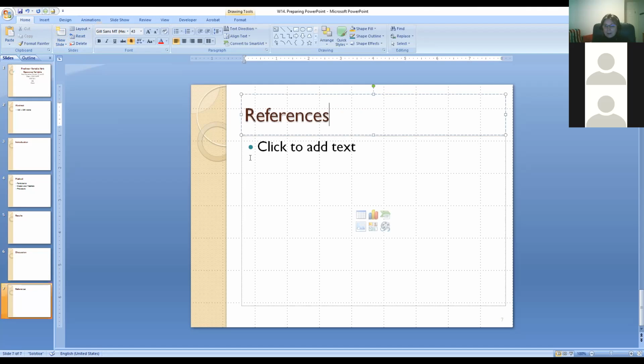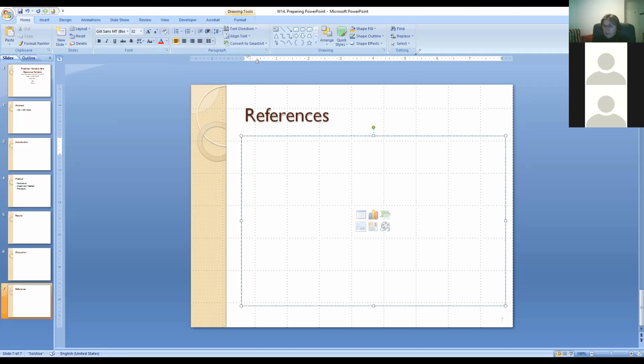References, right? Now, references have to be APA formatted. You cannot have any bullet points here. So how do you get rid of a bullet point? Well, there are two ways. One is just delete it, so I clicked backspace, or you can go up here. These are the bullet points, all of those. You can use them to get rid of the bullet points in the references slide. You can use them anywhere else, but not in the references.